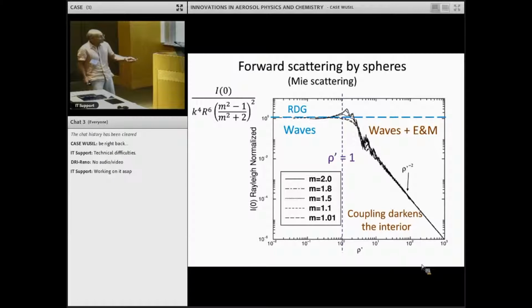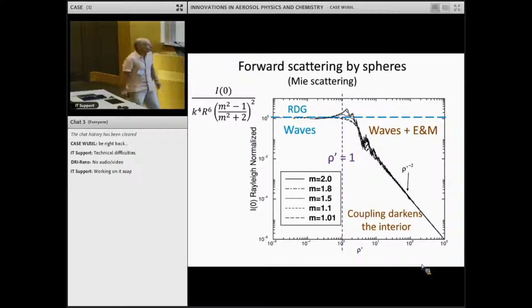Here's the region, and this dashed line here is the dividing line between less than and greater than 1 for rho prime. Down here, notice the scattering in the forward direction is normalized to 1. So that's Rayleigh scattering in the forward direction. That's simply diffraction. That's simply wave. On the other hand, if we go out bigger than 1 on rho prime, we get this fall off. The doggone particle is scattering less than it would have had it been a Rayleigh particle. In some way or another, that internal coupling darkens the interior. It's not as bright as